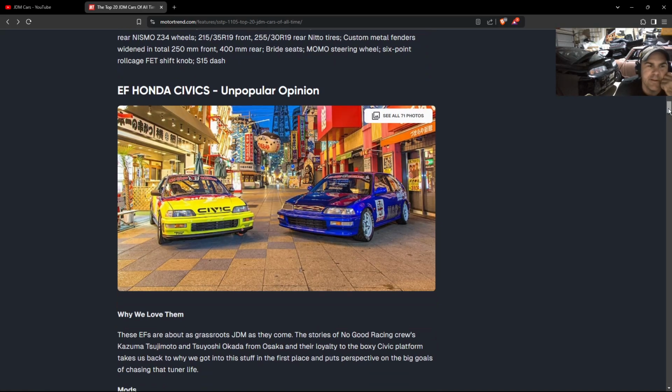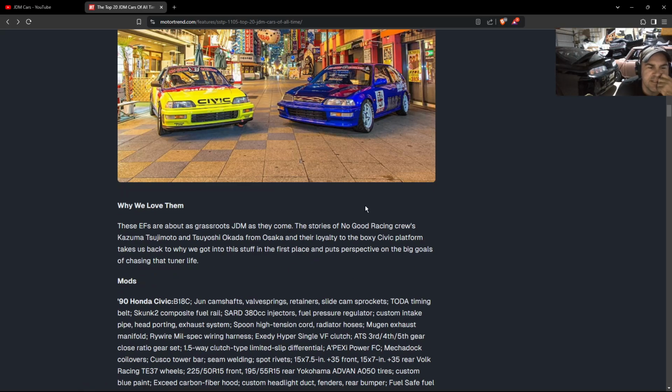All right. Getting into Hondas. EF Honda Civics. These EFs are about as grassroots JDM as they come. The stories of No Good Racing crews from Osaka and their loyalty to the boxy Civic platform takes us back to why we got into this stuff in the first place and puts perspective on the big goals of chasing that tuner life, right? So from the beginnings, the square body Hondas,